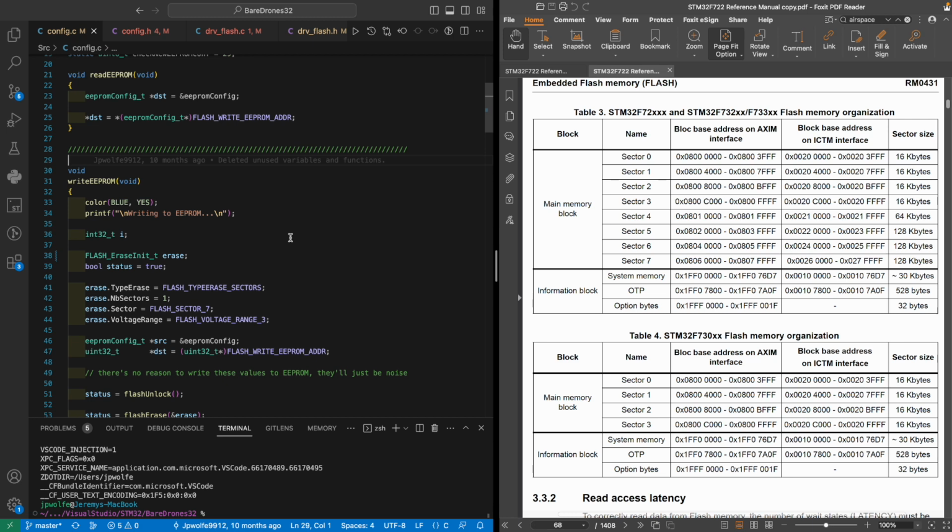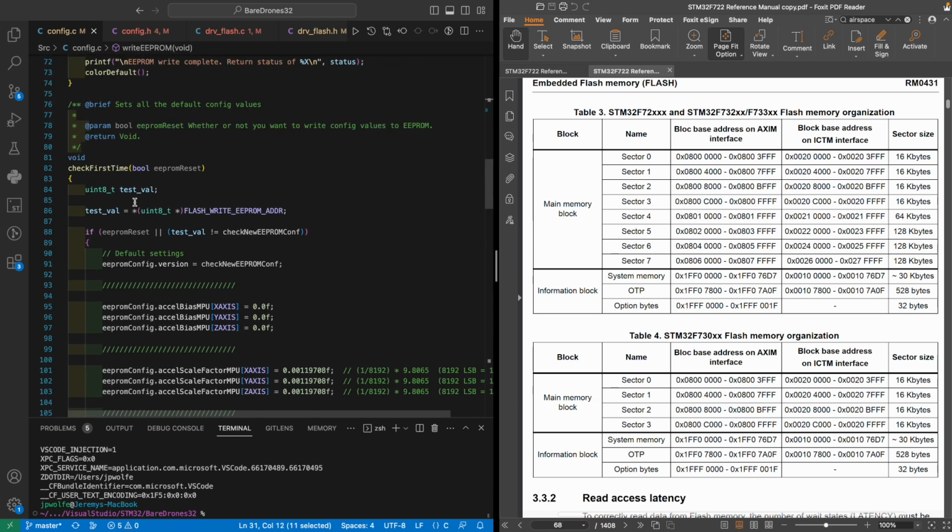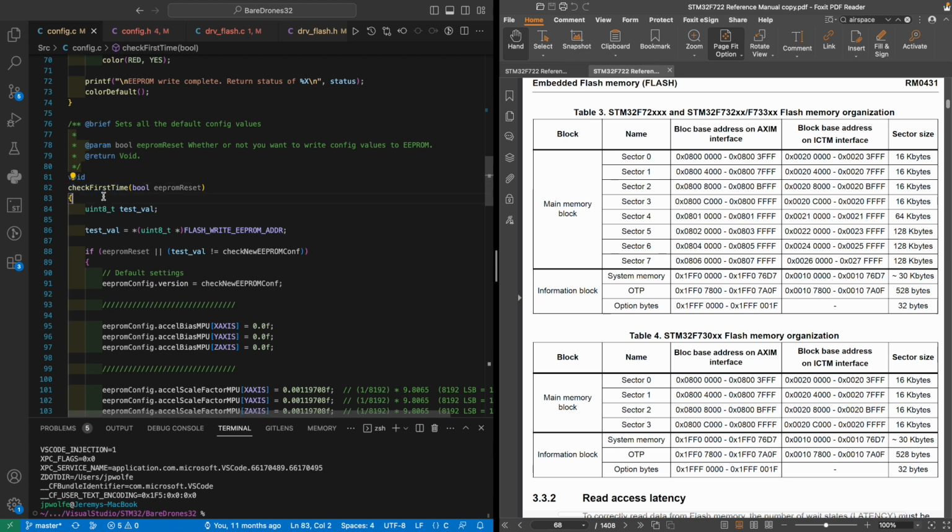So the main functions that we're going to be running through here are all in the config.c file. So if you open up my GitHub, you can pull all the code from the config.c, which I don't think is inside the folder. I think it's just inside the src folder. And there's a few functions that we're going to have. We're going to have read EEPROM, write EEPROM, and then our last function is check first time, which essentially what it does is